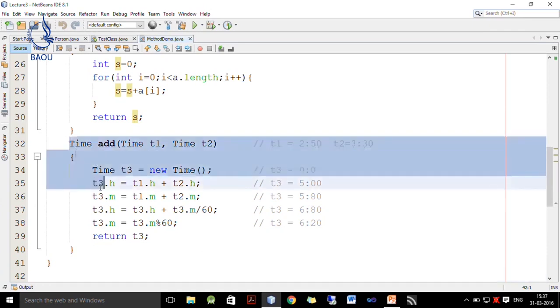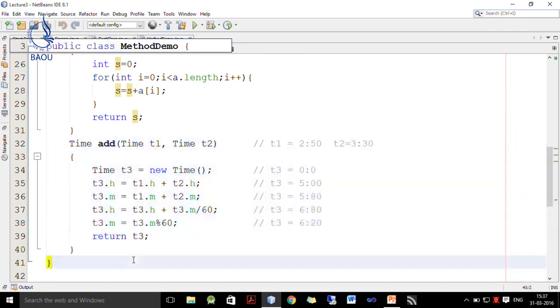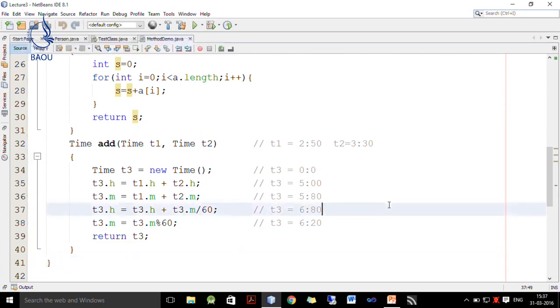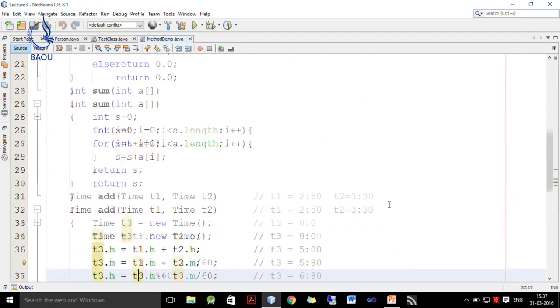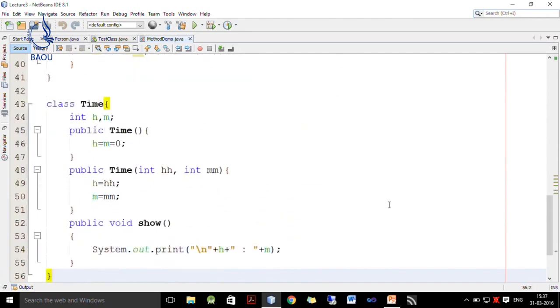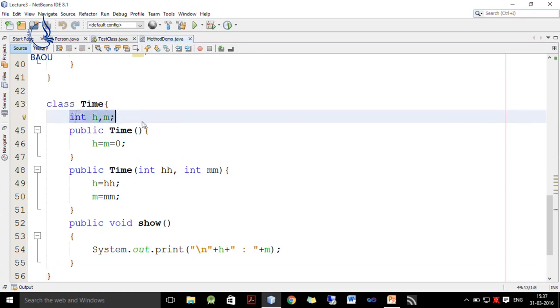Now, the next method demonstrates that we want to add two times, which are represented by T1 and T2. Before we understand this method, we first want to discuss the time class. Here, for the sake of simplicity, we have eliminated seconds, but you can also consider seconds for calculation, that is left as an exercise. Here I take only two variables which represent hours and minutes. So, it has two instance variables h and m which represent hours and minutes.